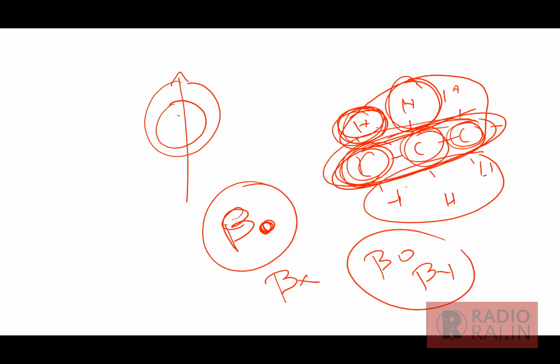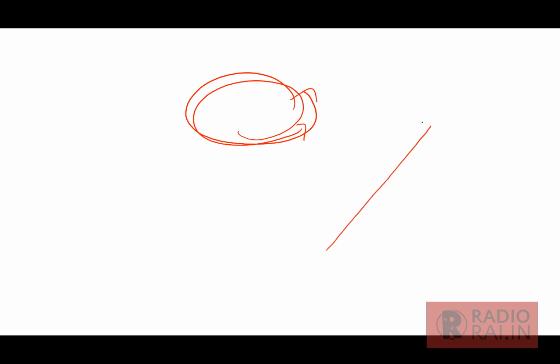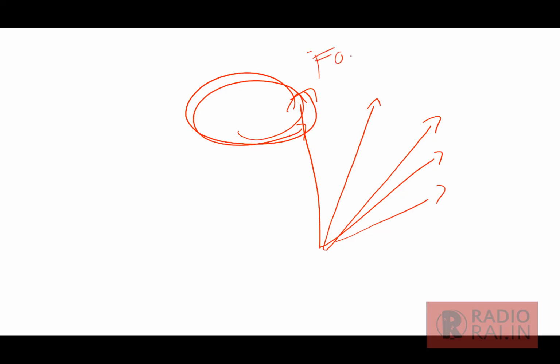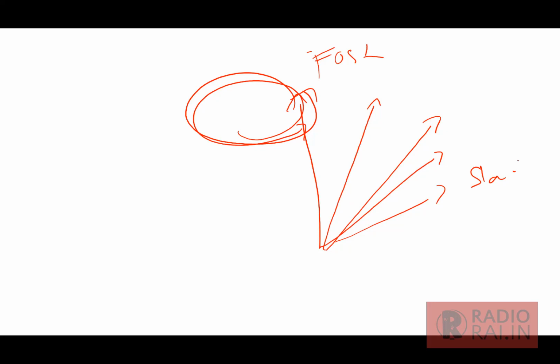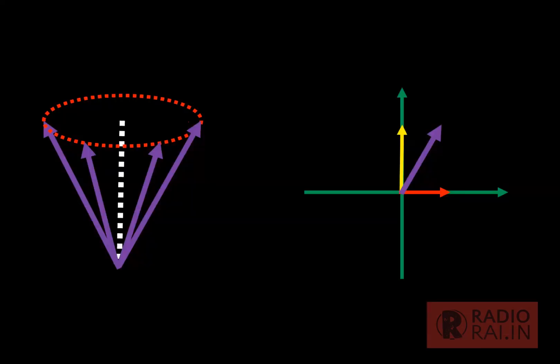Because of this, each molecule will be rotating at a different speed. So if one molecule is precessing here, the other will be in front, one more will be in the back, one more further in front, and one more further back, with the fastest being the most in front and the slowest the most in the back. This is how different molecules will have different precession. So there is one molecule here, one here, one here, one here.